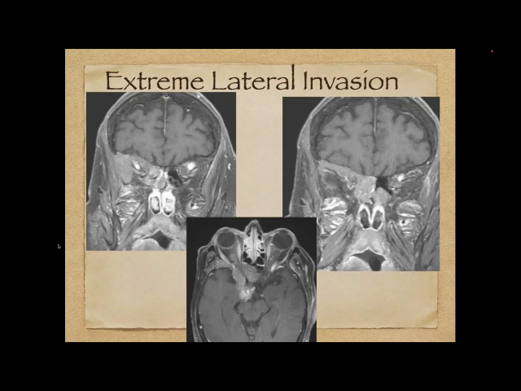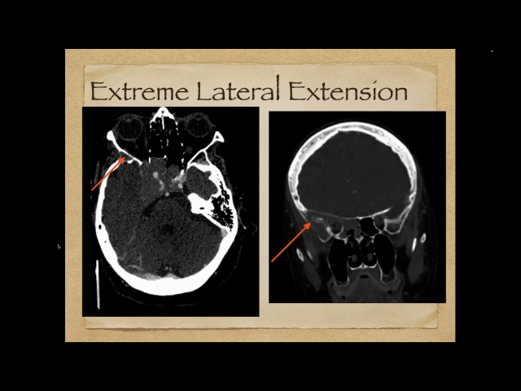So one of our limitations is that these endoscopic approaches were designed to take out everything below the eyes and below the nerves and the artery, and when it extends out to the side, it still requires a small open approach. So here you can see tumor extending even into the bone all the way out here next to the temple. So it's really invading the bone by the temple itself. At least that area would require an open surgery.